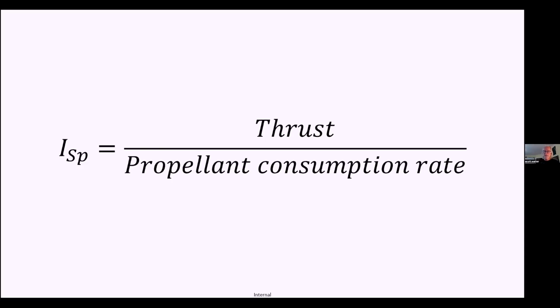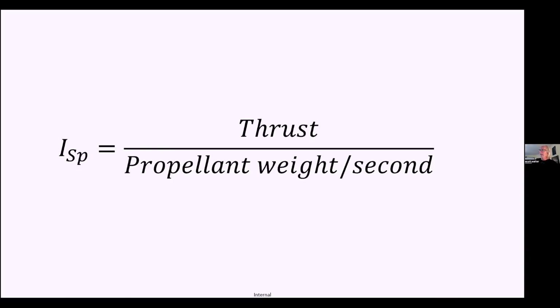Nope, not this time. So basically, ISP is going to be thrust over propellant weight. That's what they mean by consumption, not propellant mass. So it's not a mass flow rate, which rolls off the tongue. It's a weight flow rate. It's also not a volumetric flow rate either. It's not gallons per second either. Right. And it's hard for me to say weight flow rate because it's just not something we come across. It just seems like a really strange concept to me because in fluid mechanics, it's always mass flow rate. Always.